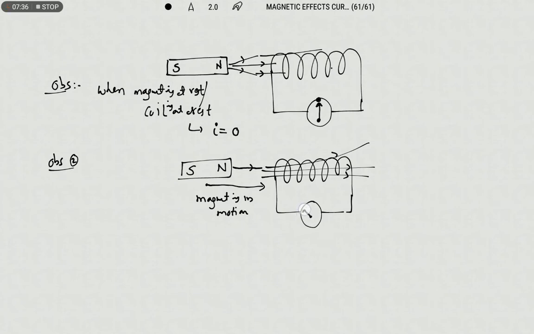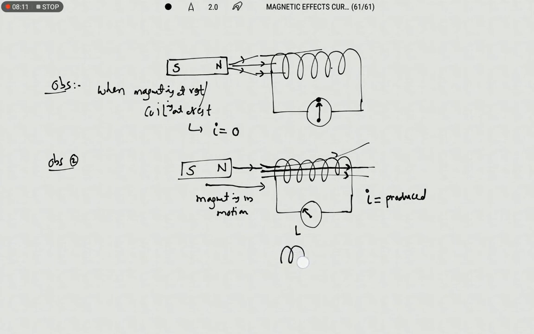Suppose the galvanometer deflects towards left. What does it mean? When the magnetic field lines passing through the coil change, then there is a deflection in the galvanometer. When the galvanometer shows some deflection, a current is developing in the coil. Therefore, current is produced in the coil due to change in the magnetic field around the coil.